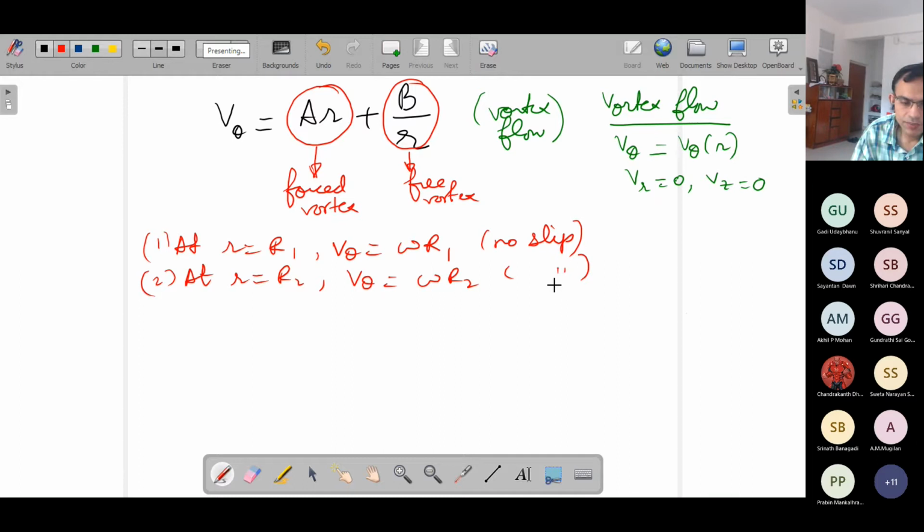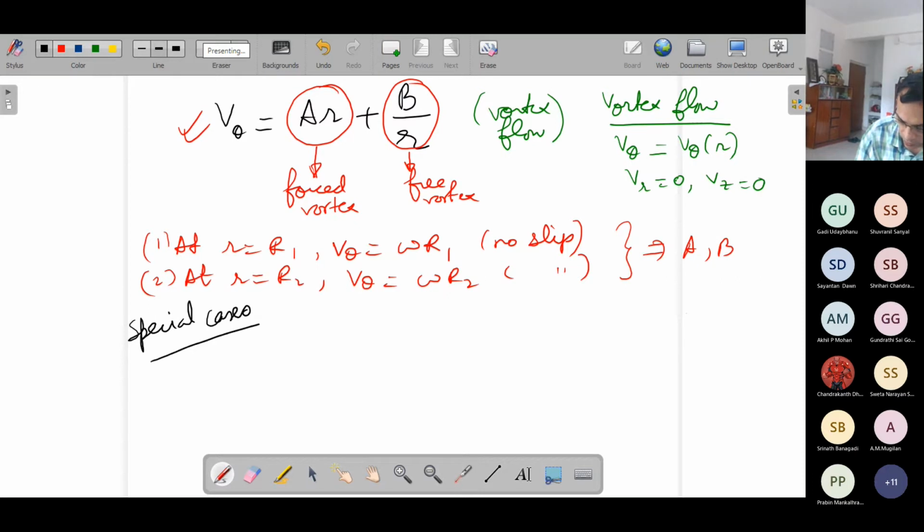So obviously you can evaluate A and B from these two by substituting here. That is very straightforward, but let us consider one or two special cases. The first special case talks about a single cylinder, one cylinder